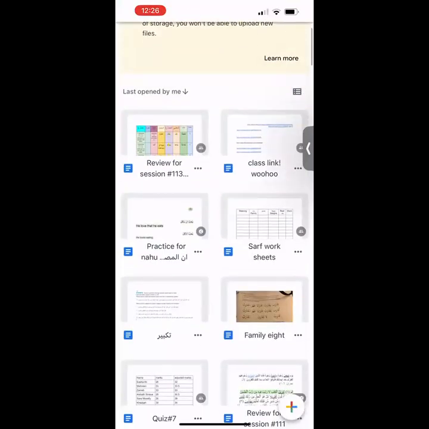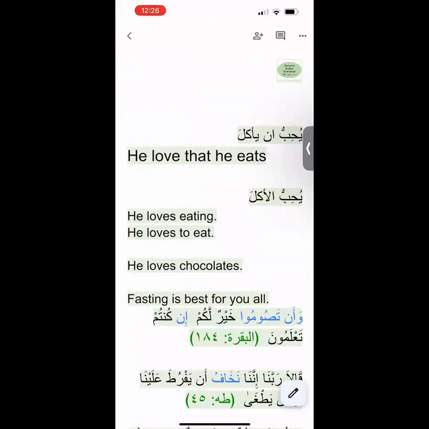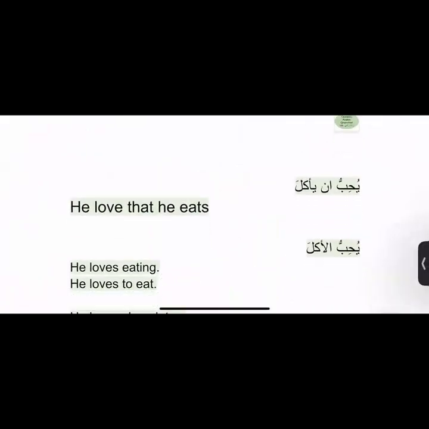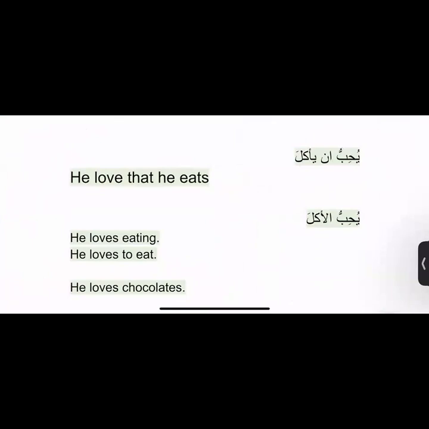And let me show you again something that we started, what were we learning last week? Was it last week? No, this week we were learning al-masdar al-mu'awwal, right? So we were learning how an with a fi'l after it is going to act like an ism. Is this clear to each and every one of you? That an with a fi'l after it is going to act like an ism, and we have seen some examples of that.